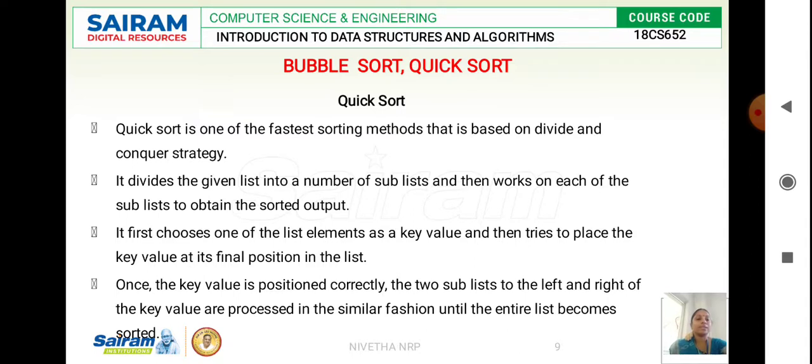Now we'll go with the next sorting technique, quick sort, which is the fastest sorting method, and this sorting technique works on the concept of the divide and conquer strategy. I will tell you what the working principle is here. When an array of data is given as input, we choose one element as a pivot element in quick sort. What we are going to do here is choose one element in the given array as a pivot element, and we are going to implement our logic based on this pivot element.